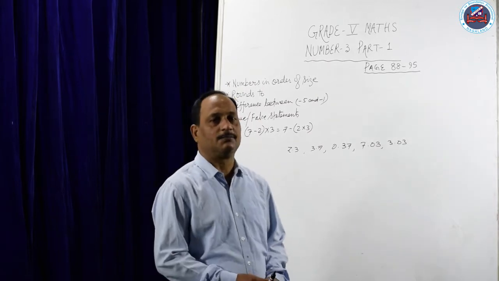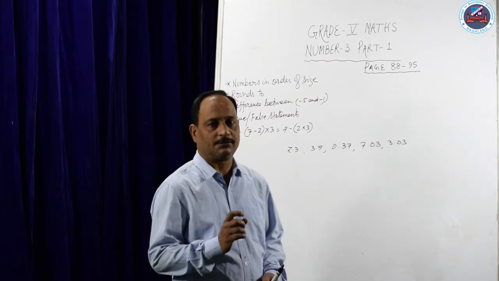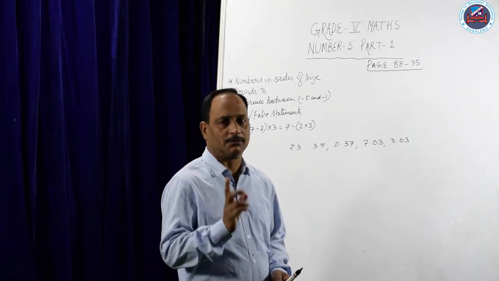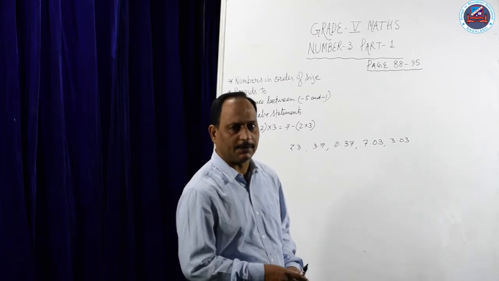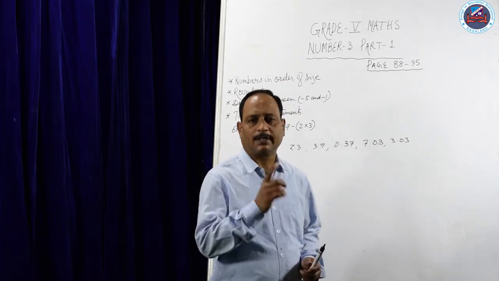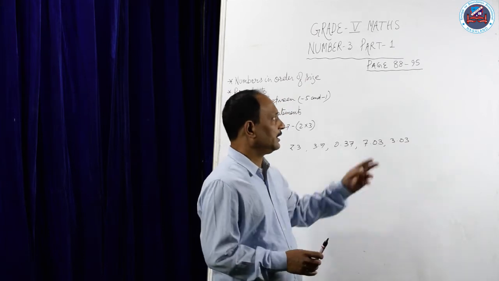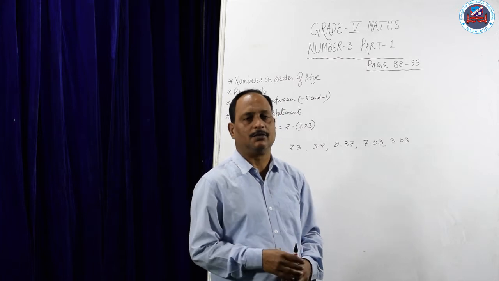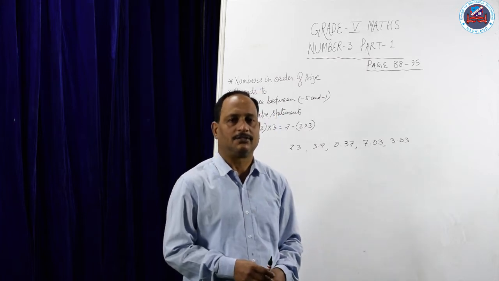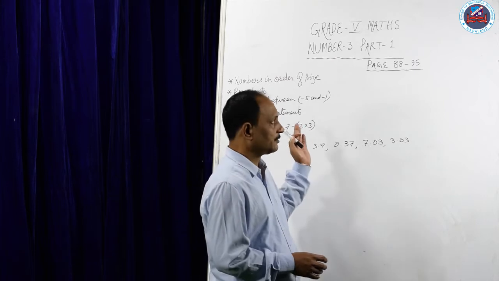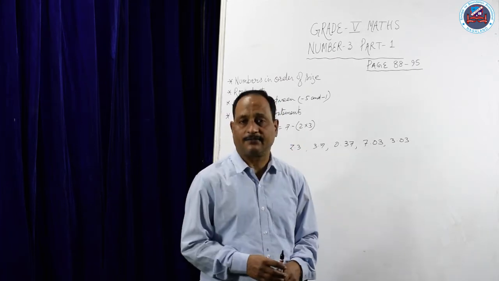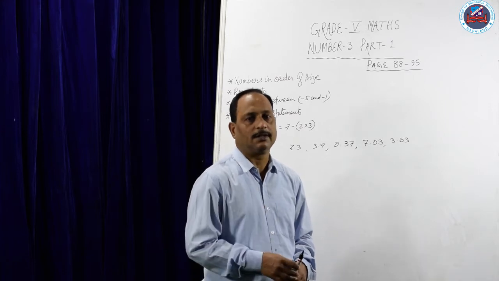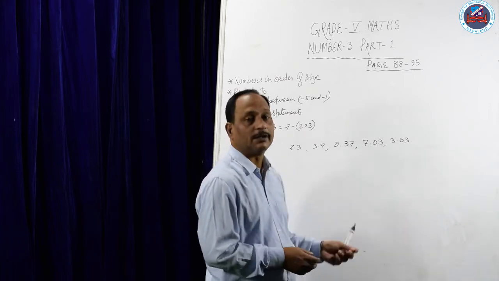Okay, today in this video I am going to take up number 3. In your book there are 3 numbers: number 1, number 2, number 3. Two numbers we have done previously. Now we are going to take up number 3, from page number 88 to 95. In the first video and second video I will take from page number 96 onward. Along with the same pages from 88 to 95, I will send you the PDF in PPT form, so kindly go through it. Whatever I am not taking up there, I am going to take up here.